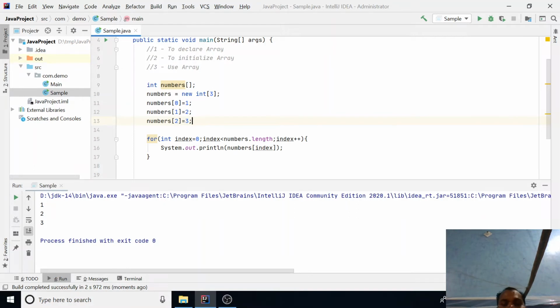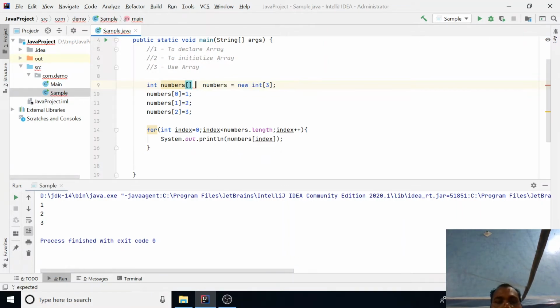Now your number is displaying. Okay. So this is the first. Sometimes we can say your declaration is not in two lines, but you can also declare in the same line as well. So this is the single line. Means we have declared an array of length 3, integer type, and initialized the values.